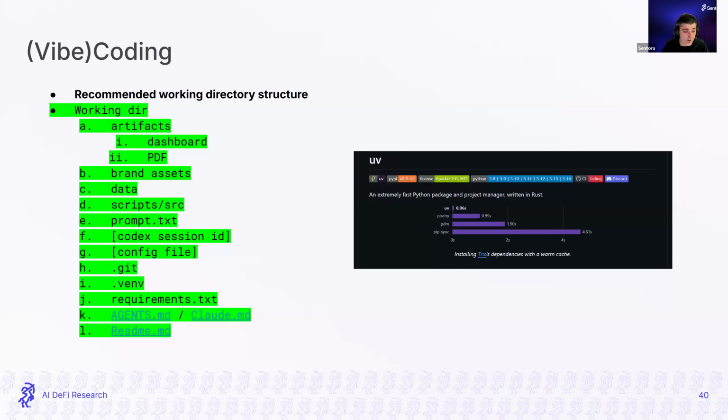And lastly, there are a couple of files that are very handy when working with Claude Code or Codex, which is this agents.md or claude.md, where we are specifying how we want the LLM to work. It can be understood mostly like a system instruction. And usually I also like to have a readme.md file that gives a good overview of how the project is working and what we are trying to achieve.